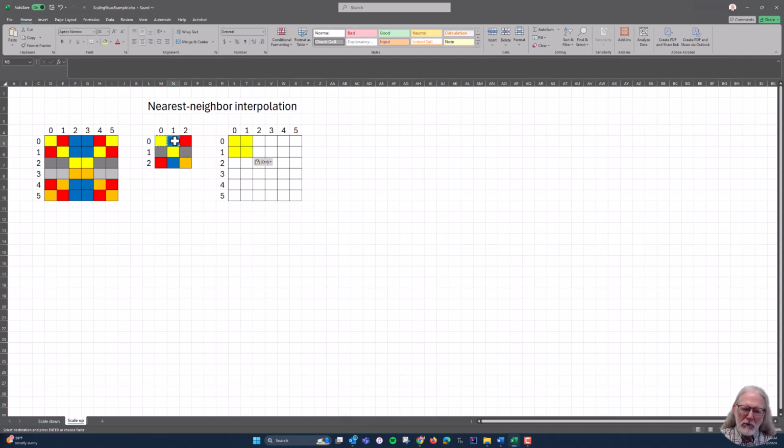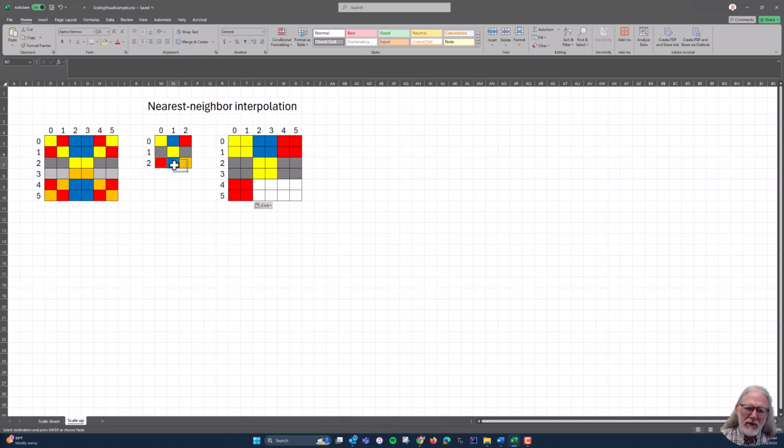And then I'm going to do the same thing with the blue. I'm going to put it in these 4 spots. And the same thing with the red. So the top row looks the same, it's just twice as big in both dimensions, which is what we're wanting to do. We'll come and grab the gray, and it's going to go in these 4. The yellow is going to go in the 4 in the center, just like the center pixel was to begin with. And here. And again, we're doing 4 because we're doubling it in both dimensions. We're putting it in the original spot, and then the one to the right, one down, and then the diagonal. And to fill in the last row,